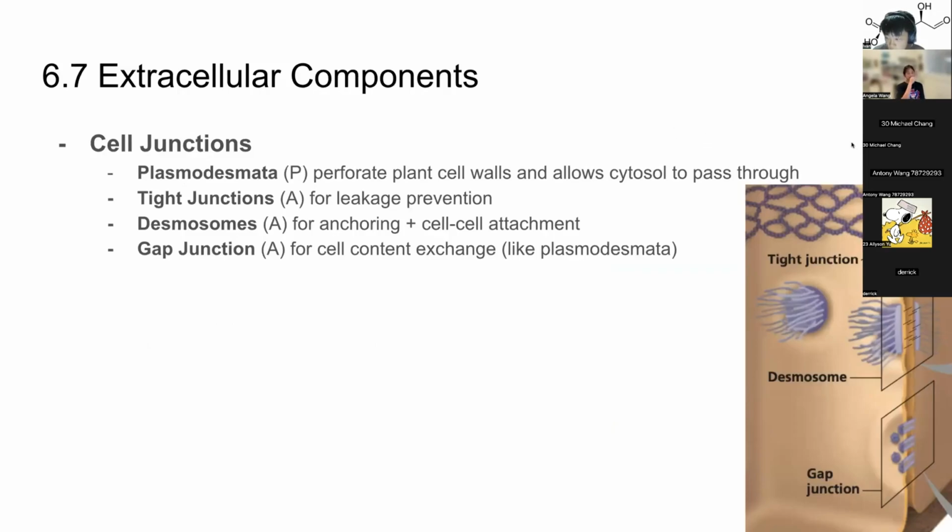And then these are also some other extracellular components. So cell junctions: there are plasmodesmata in plant cells, which perforate plant cell walls and allow cytosol and other materials to pass through. Tight junctions prevent leakages. As you can see in this picture, there is no space that any materials can get through. Desmosomes help anchor the cells and form cell-to-cell attachments. And gap junctions are in animal cells, but are kind of similar to plasmodesmata in that they allow for cell